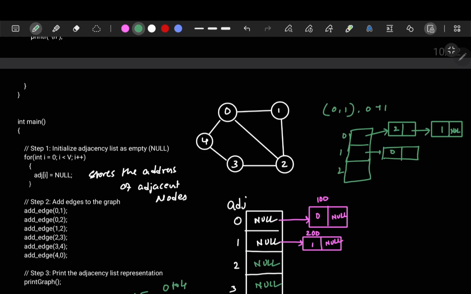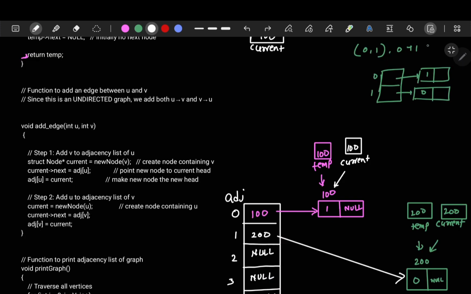So whenever you want to insert a new node, you will insert from the beginning itself in that singly linked list. Okay, so this is the method I'm going to use in the entire list, in this adjacency list. Okay, let's see. So what I'm going to do is, I'm going to call add edge,